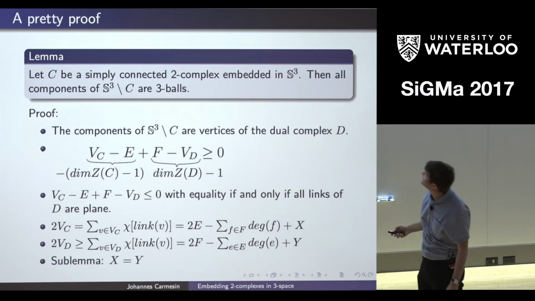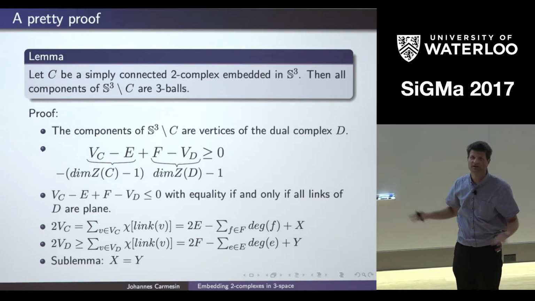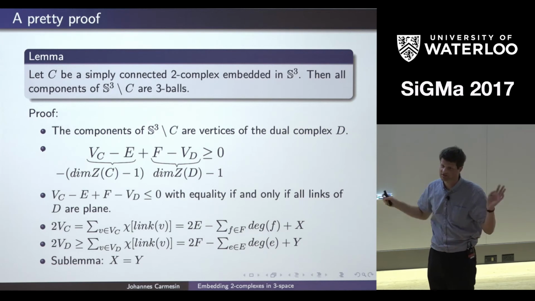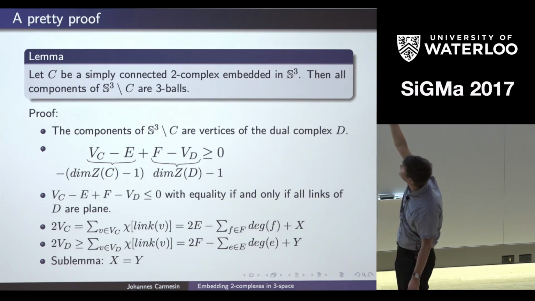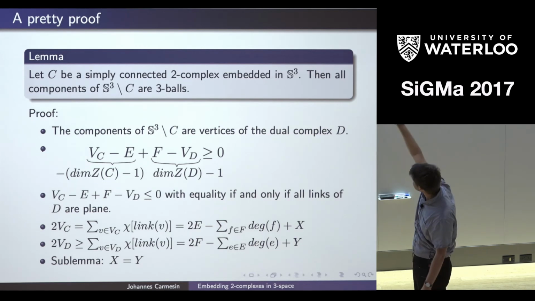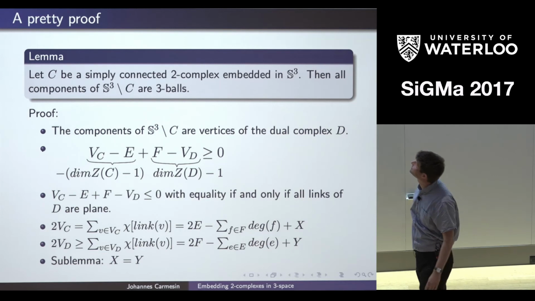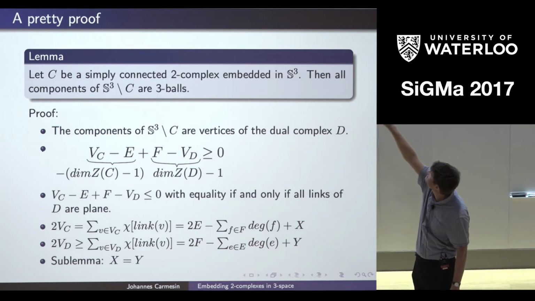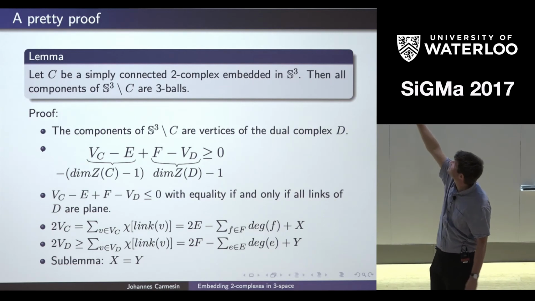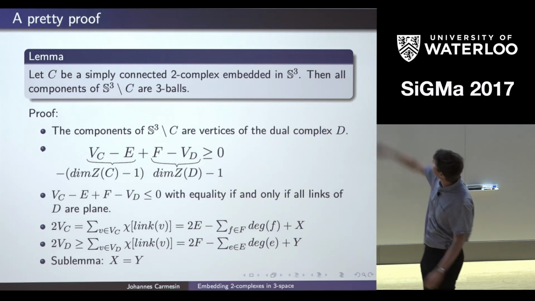All right. And I should tell you that also these two error terms are the same, but I didn't talk about them anyway, and I think that's some further computation I'm going to skip. So let's just ignore that. Somehow they cancel out. I didn't tell you why. So they cancel out if we take the difference. Then these two sums cancel out. And then we're going to divide by 2, and then we get precisely the number of vertices minus the edges plus the faces minus the number of vertices is less or equal than 0.